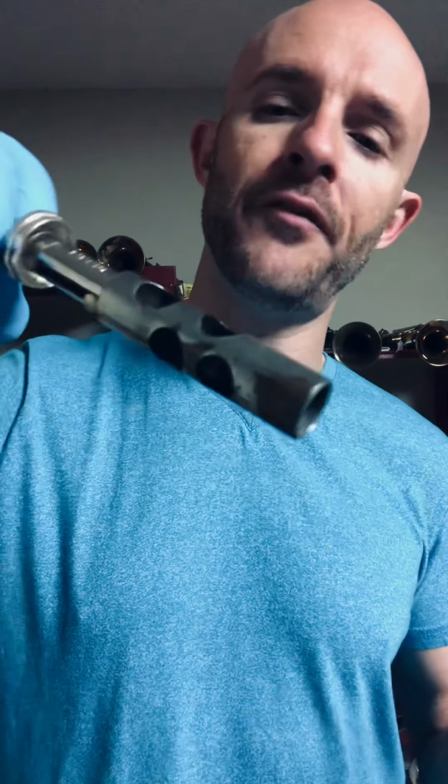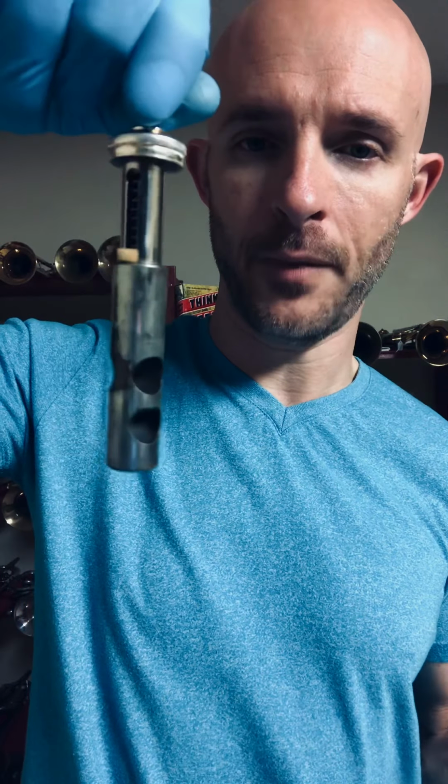So I found too, though, sometimes it doesn't necessarily have to affect the playability of the trumpet. It may affect long-term life. I don't know, I haven't been doing this long enough to know. But one thing I can tell you is that it still works. And it's a great trumpet. Beautiful, beautiful looking trumpet. But I have not really played it, and as I said earlier, I'm 6 months into